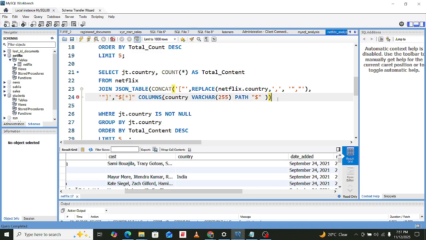And this one is as JT. So you have observed, so the error is on line 23. Join table. Let me see this.